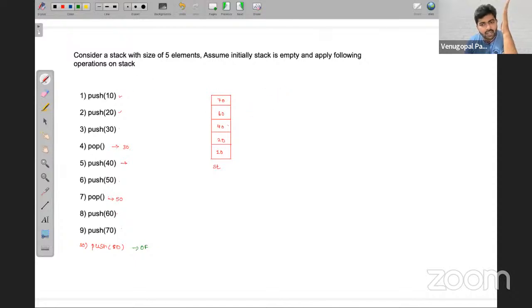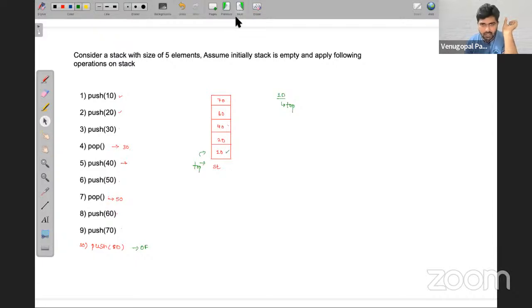They will take a 1D array and use a top pointer. For the push operation, initially top will be pointing here. They will increment the top and add that element, right? That is how it will work. But again, I'm not going into detail, friends, since I need to cover so many topics. But this is an overview of the basic stack operations.